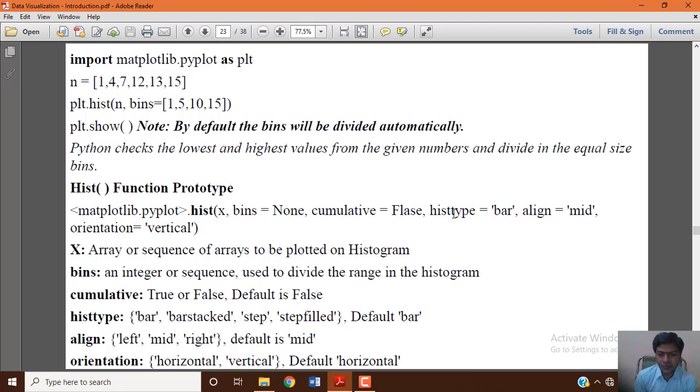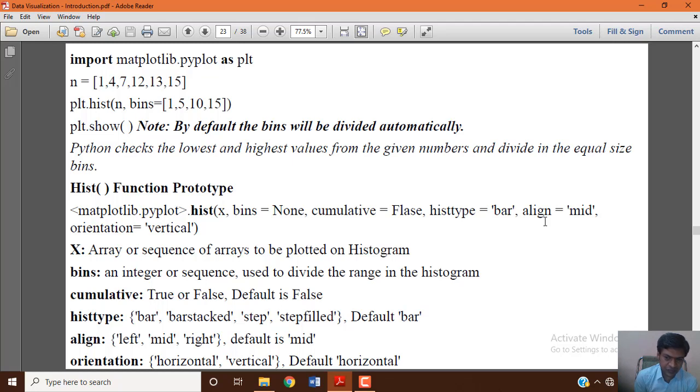And histtype, which gives the different types of histogram that can be generated. By default the output is the same as a bar chart; a histogram also generates bars. Then align, which has three different values, left, right, and mid, for the hist function.